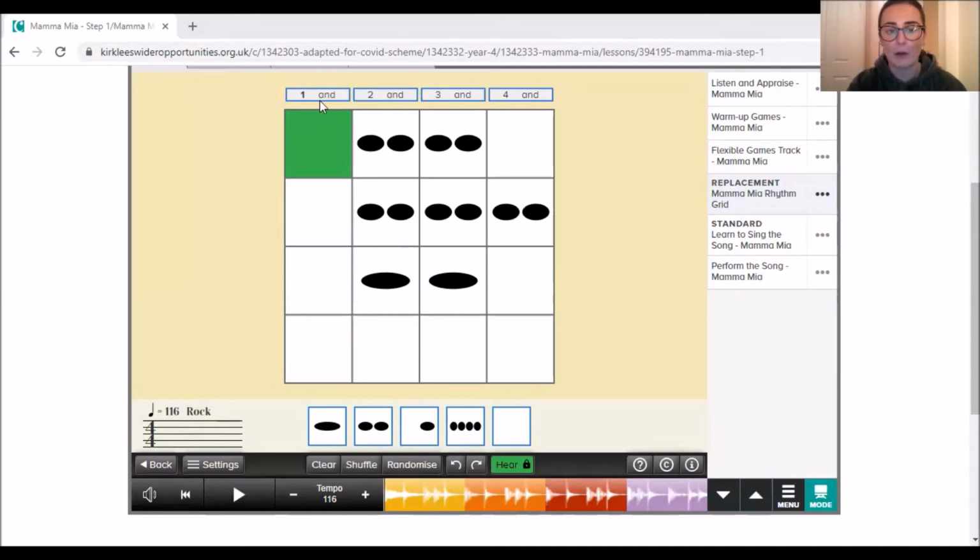We can see that the pulse is at the top, 1 and 2 and 3 and 4 and. This will help us stay in time. And then we've got the rhythms to follow. So first of all let's just listen to the rhythm, and then we can have a go at doing it ourselves. So let's have a listen. Let's listen to that again.